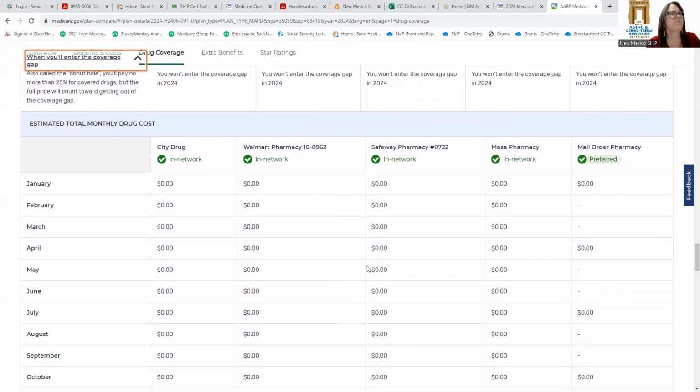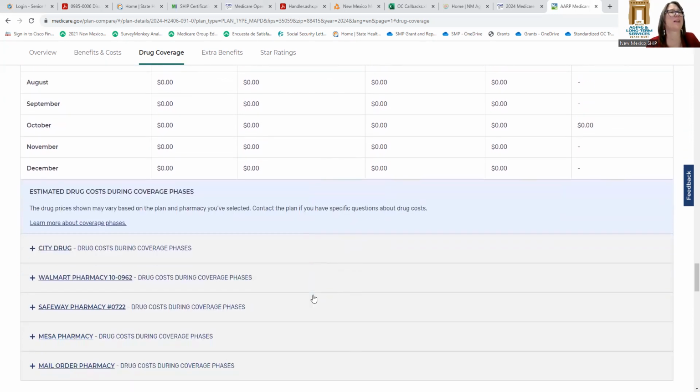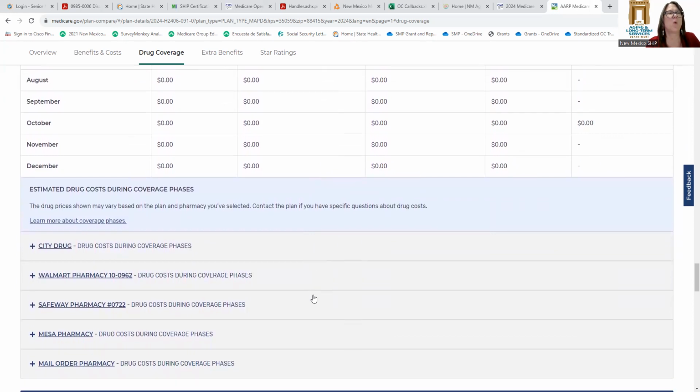The next thing that we see in this drug section of the plan details is an estimated copay for your medications month by month. In this case, it's all zero, so that's good. We don't have to spend a whole lot of time looking at that. But if it wasn't,